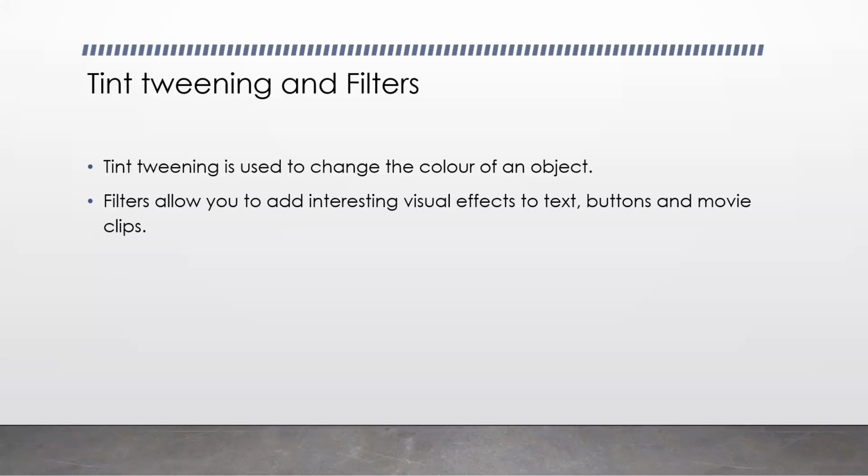All right. So when you have to change the color of an object while it is animating, you might have noticed there are color change emphasis effects in your PowerPoint also. When you click on the emphasis, there are various animations which will change the color of your object. So that is known as tint tweening. So when you are doing this effect in your Animate CC, it is known as tint tweening.